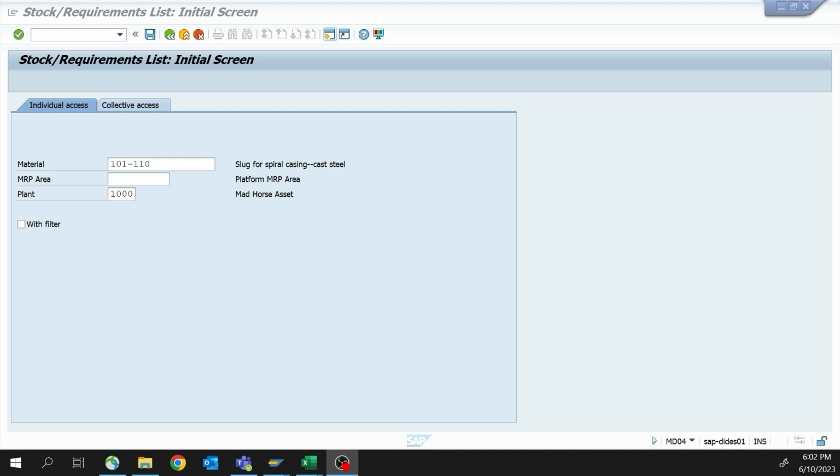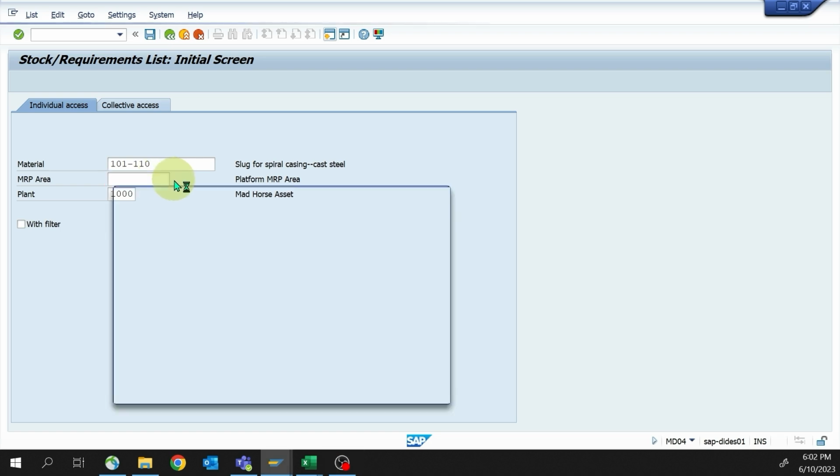The other thing that it's used for is if we need to differentiate across different storage locations or different parts of a plant, and we need to be able to have more specific planning information there. It gives us that additional level of finiteness in our planning parameters versus what we can do from a storage location perspective. So if I come in here and I click on this little button, if MRP areas are enabled